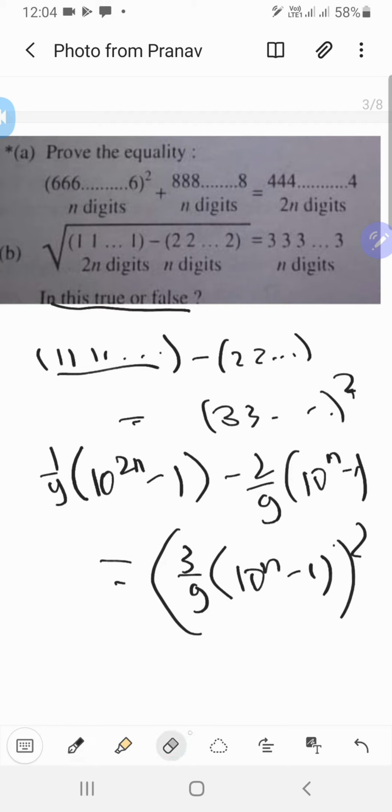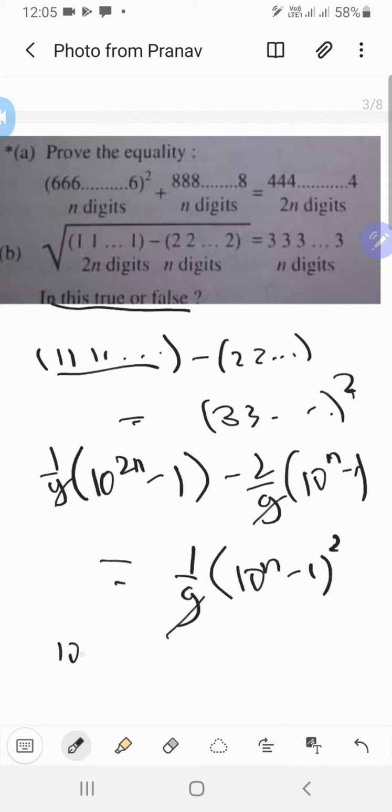So this 3 by 9 can be written as 1 by 3, and then when you square this, you can see that this is coming out to be this thing squared and then 1 by 9, so these 9s cancel away. Then you can cancel out 10 to the n minus 1 from every one of these factors,